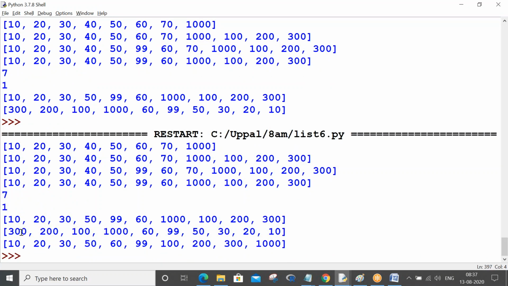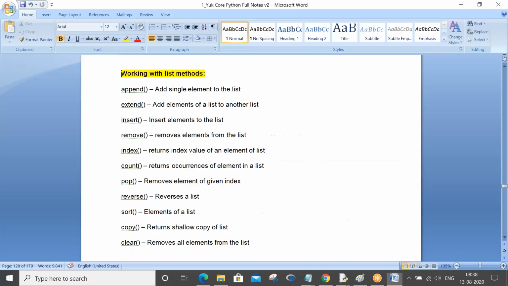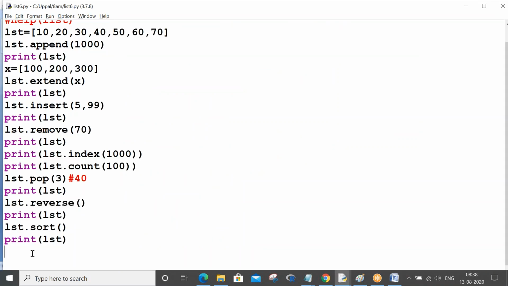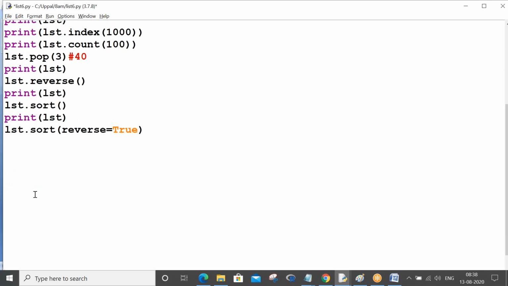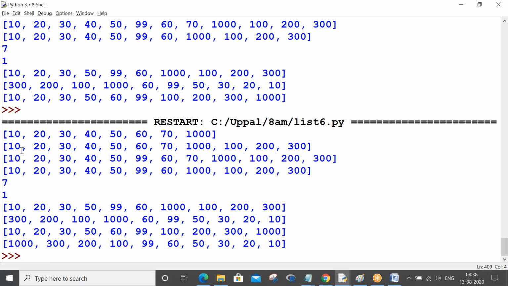You got it, guys? So now the above list has been sorted in ascending order, small to large, right? Okay, now what is next? Copy. You also have the sort function in different ways: lst.sort(reverse=True). When you put reverse equals true, what will it display? You see, descending order it will display.